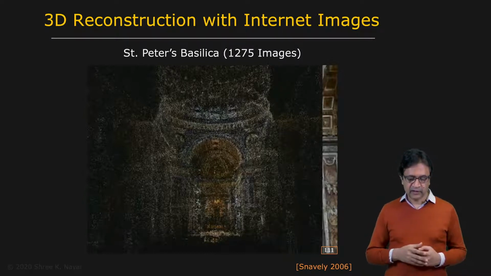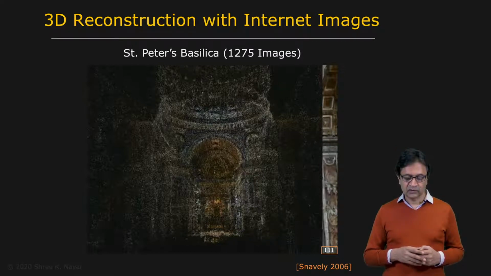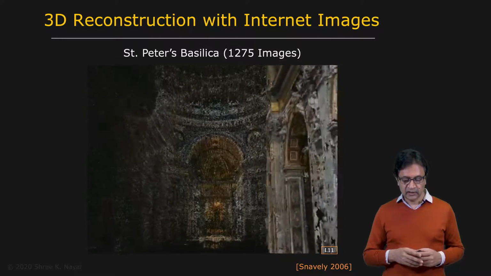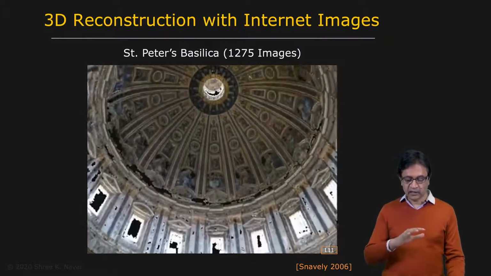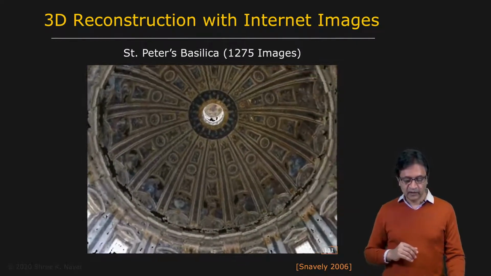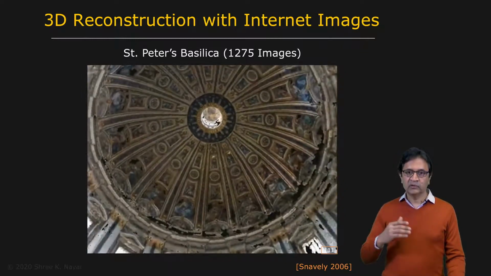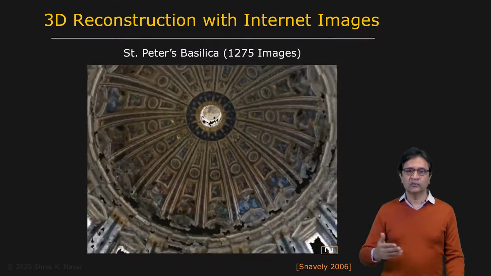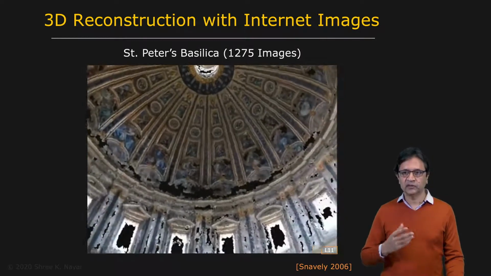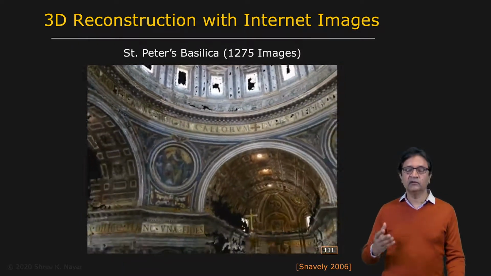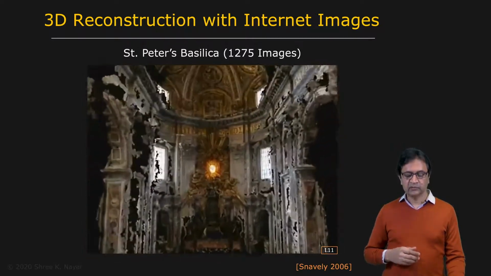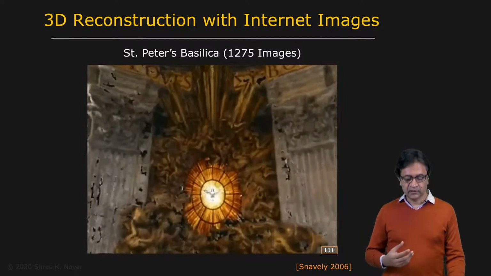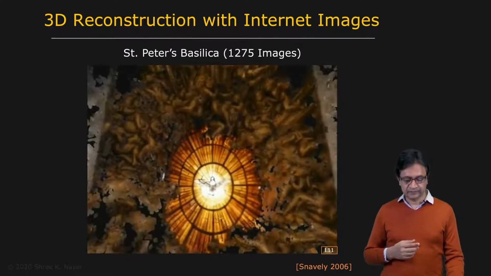So here is a reconstruction of St. Peter's Basilica. It uses 1,275 images in this case, and you get a very impressive reconstruction. We started off with a point cloud, and now it's being filled in with some texture. Of course, there are holes here and there, but with the passage of time, you can imagine that more and more people end up contributing more, more detailed pictures, and ultimately, even without knowing where these people were in the scene when they took the pictures, you're able to reconstruct a single cohesive, detailed depth map of the scene.